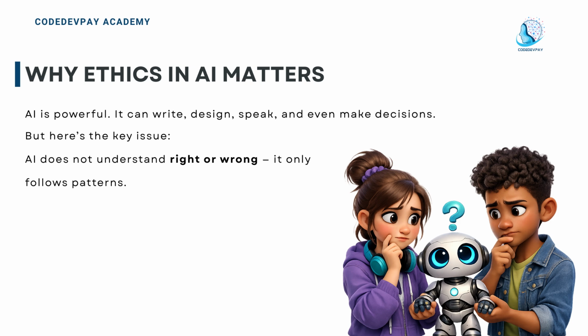We all know, and throughout this lesson we've seen, that AI is very powerful. It can write, design, speak, and even make decisions. But here is a very important and key issue. AI does not know what is right or wrong like we humans do. All the outputs that we get from the AI are based on patterns. So this means that the AI can produce harmful, biased, or misleading content, or it can be misused intentionally or